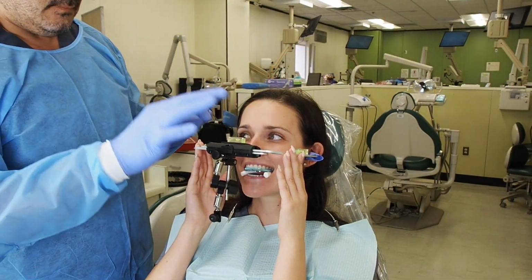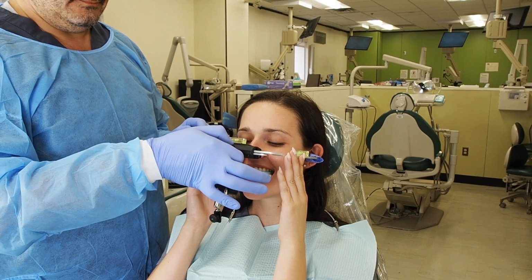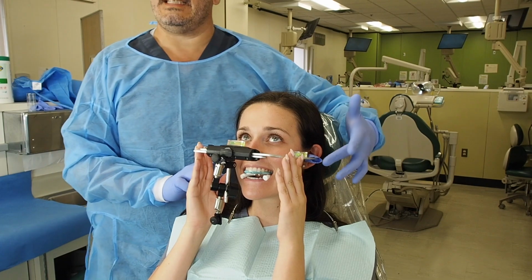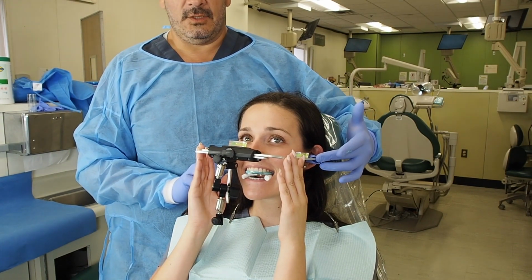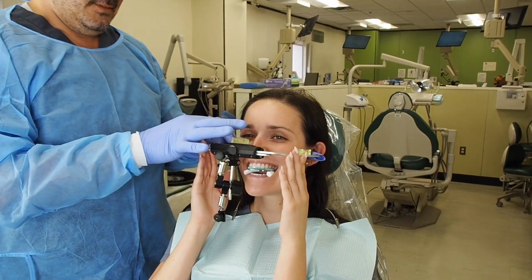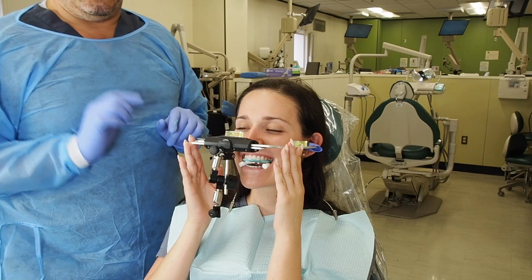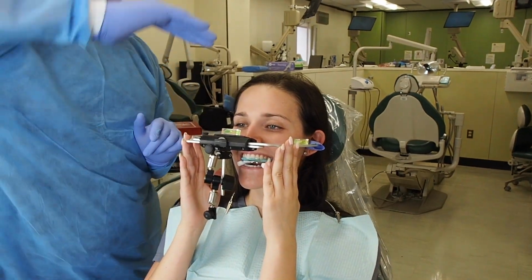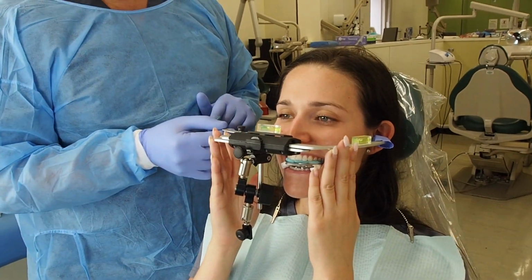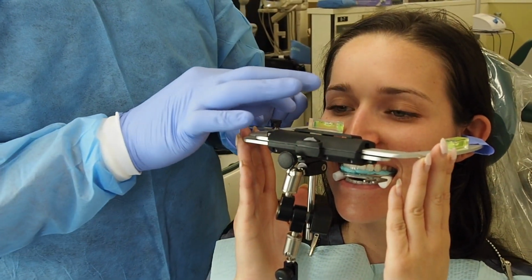Now, once I have that, I will secure it right here. My patient is holding it at all times because this area is very sensitive. So if I'm doing it, I can hurt my patient. Sorry. And then the third point of reference is going to tell me how high or how low this Facebow is. And I'm going to line it up to where...